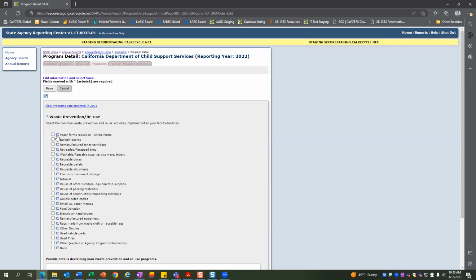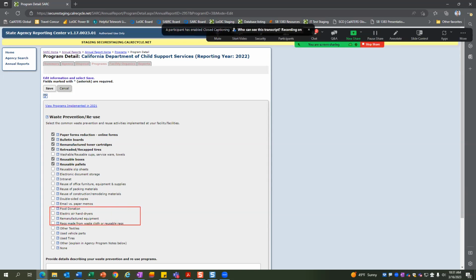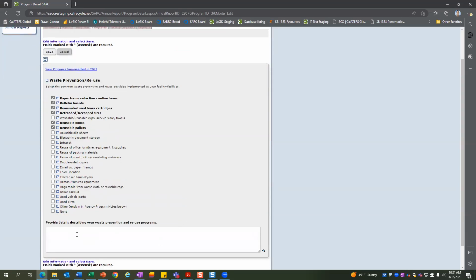Select all the waste prevention and reuse activities that you have. And then again, there are these little tool tips here if you need a little bit more information on what it means by that. So you just select all that apply, whatever they may be for your particular agency. And then again, somewhere around here had a mattresses option. So again, we removed that from here and moved that into the agency section. If there are any additions or subtractions on your waste prevention or reuse activities, you just want to provide that information down in this section below.